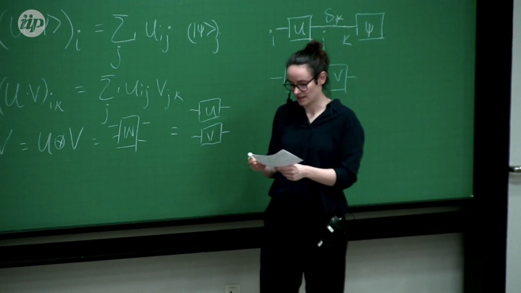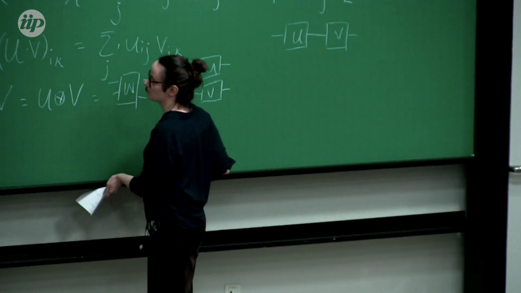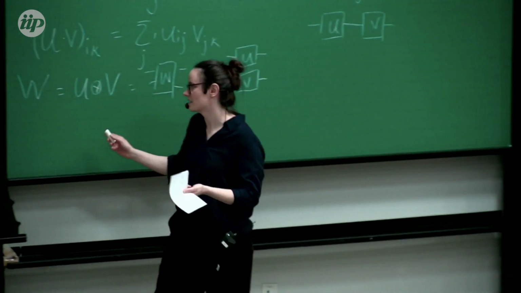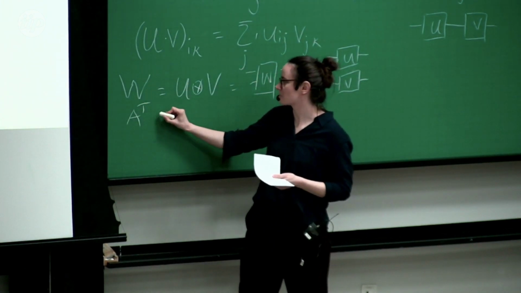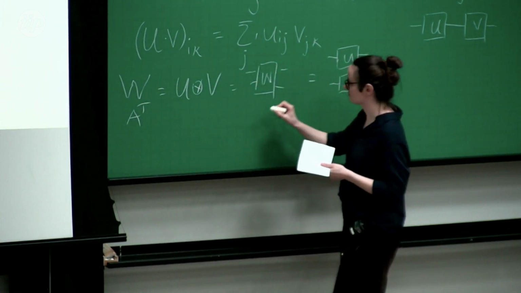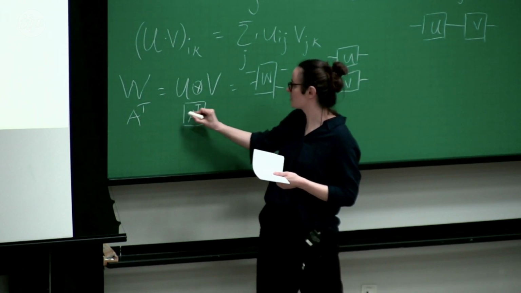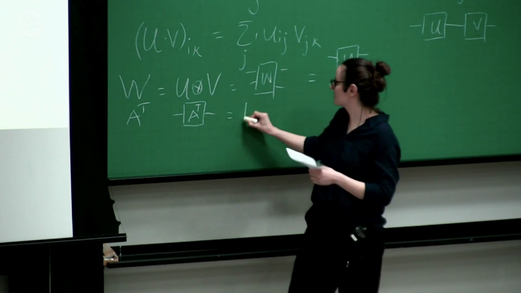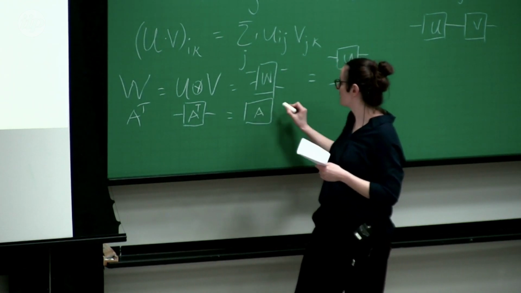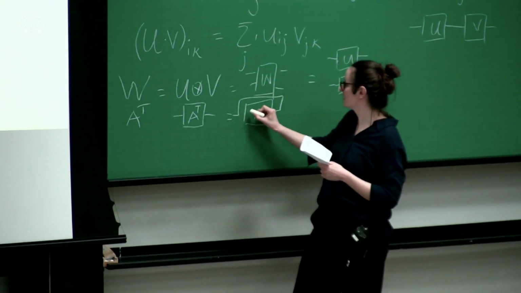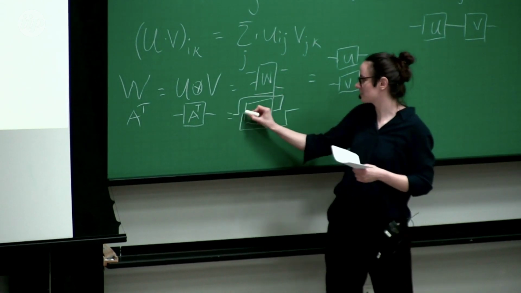And now, last but not least, 2 more things. How do we transpose an operator? I always find that kind of funny to look at. So if I have my operator A, I want to transpose that. A transpose input and output is the same as swapping the input and the output legs, which kind of looks funny because I need to swap the input and the output legs. So this one now points to the left and this one now points to the right.